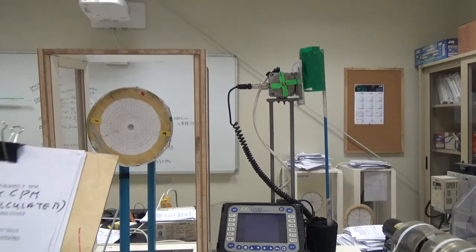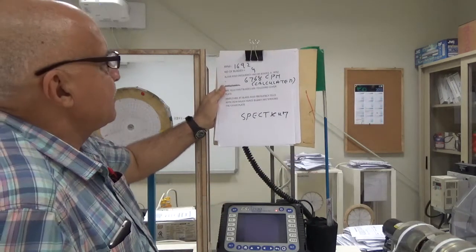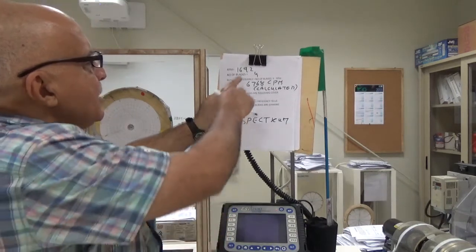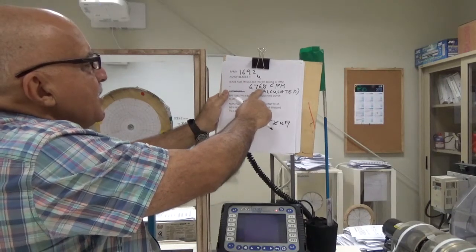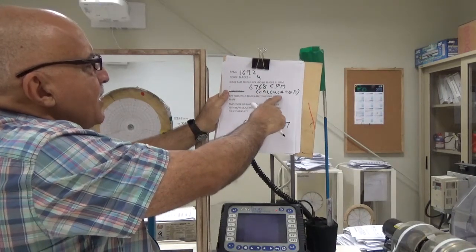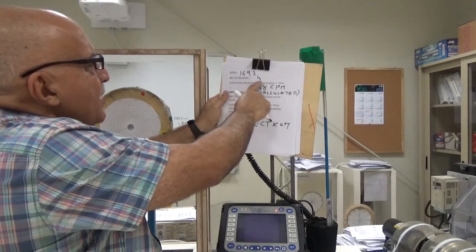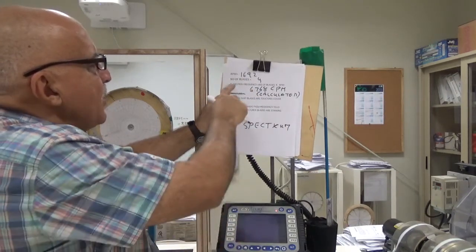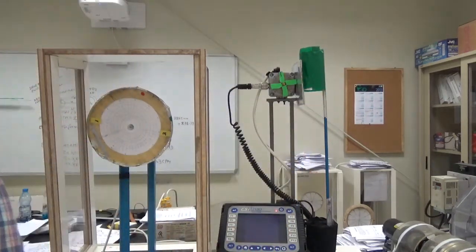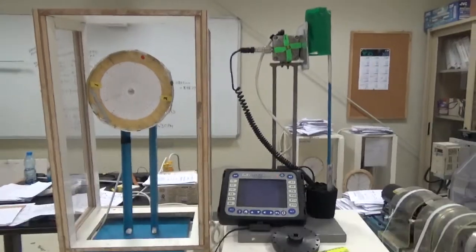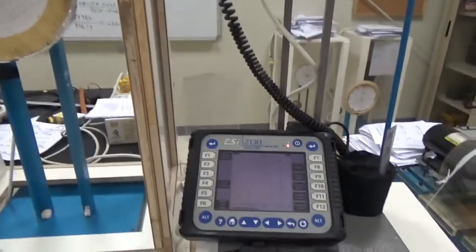Okay, now I will show you the blade pass frequency which I have calculated. The RPM is 1692, number of blades are 4, so blade pass frequency is 6768. This is the one which I have calculated by multiplying 4 with 1692. 4 are the number of blades. So let us see now what is in the spectrum, whether the spectrum is telling us that the problem is that blades are touching the cover plate.